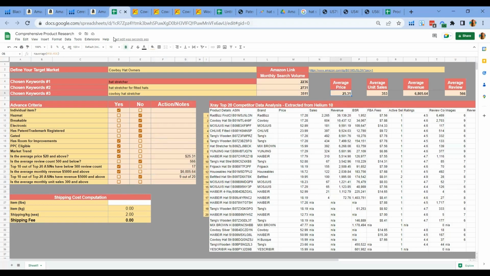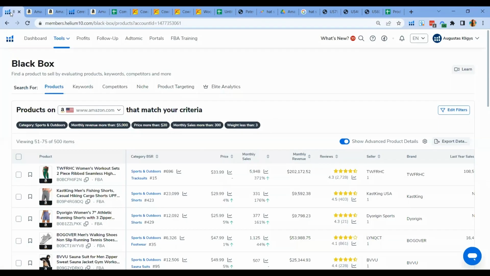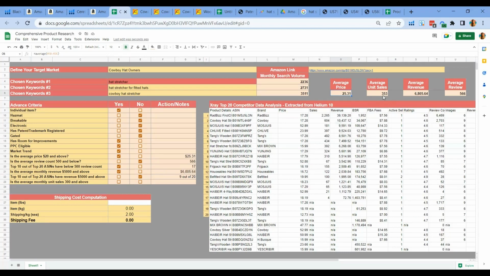And for the average unit sales, we also set up our criteria of at least 300 monthly unit sales. And what we have right now is an average unit sales of 353. And that is also a strong indication that this product is profitable and has a substantial, or high, velocity of sales.